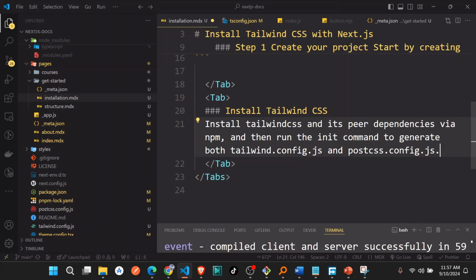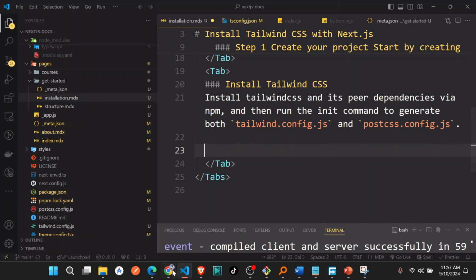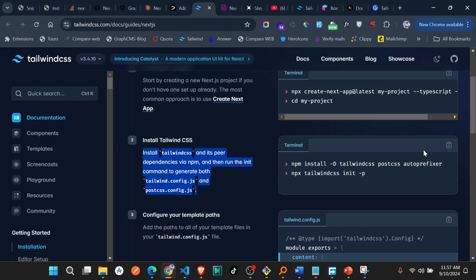Now if you want, you can just add inline code by just putting only this. This is how you can add inline code, and for the multiline, like this terminal here,